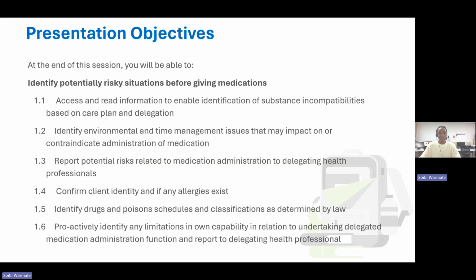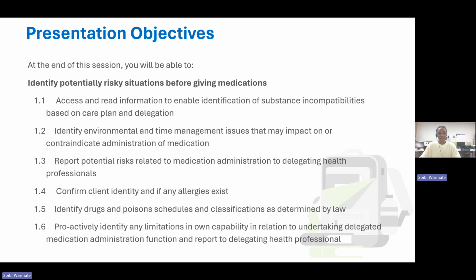The objectives for this presentation include identifying potential risky situations before giving medications. The performance criteria include access and read information to enable identification of substance incapabilities based on care plan and delegation, identify environmental and time management issues that may impact on or contraindicate medication administration, report potential risk related to medication